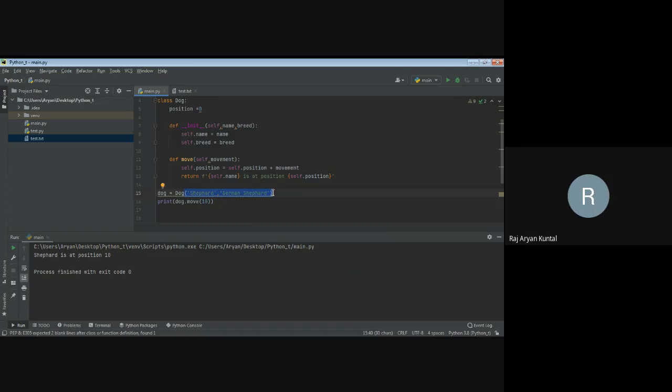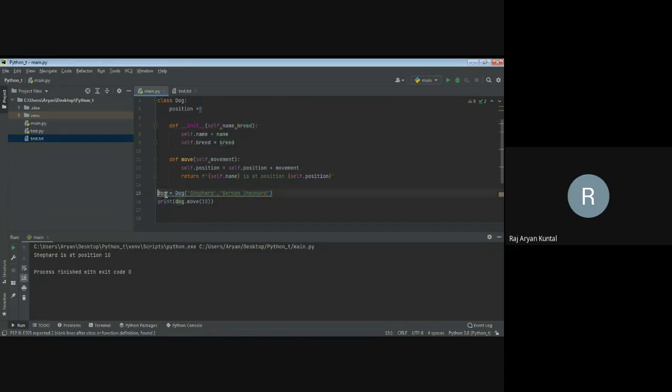Now earlier when I created my class it did not have the init method, so we did not need to pass any arguments. But now that I have created an init method, or a constructor basically, which takes a name and the breed, I will have to pass them,